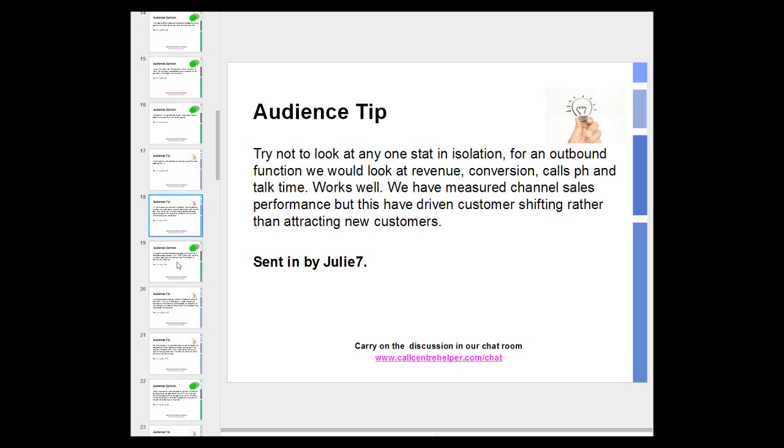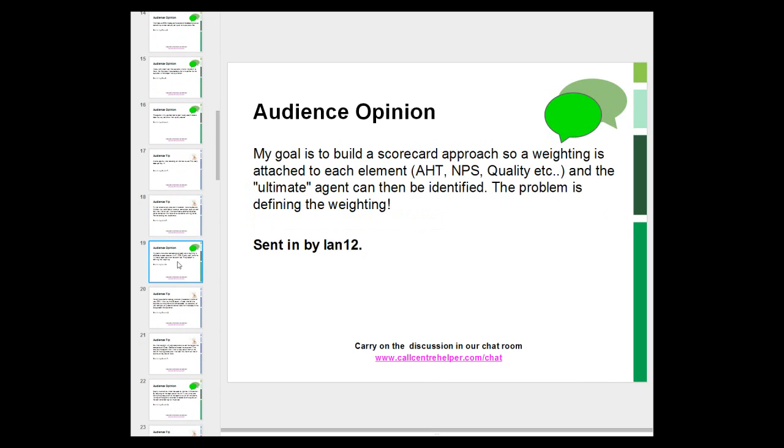Okay. Ian, audience opinion is almost a question. My goal is to build a scorecard approach, so a weighting is attached to each element. This is a metric of metrics, AHT, NPS, quality, etc. And the ultimate agent can then be identified. The problem is defining the weighting. So I guess with most different businesses, different rules, but it's a great idea,